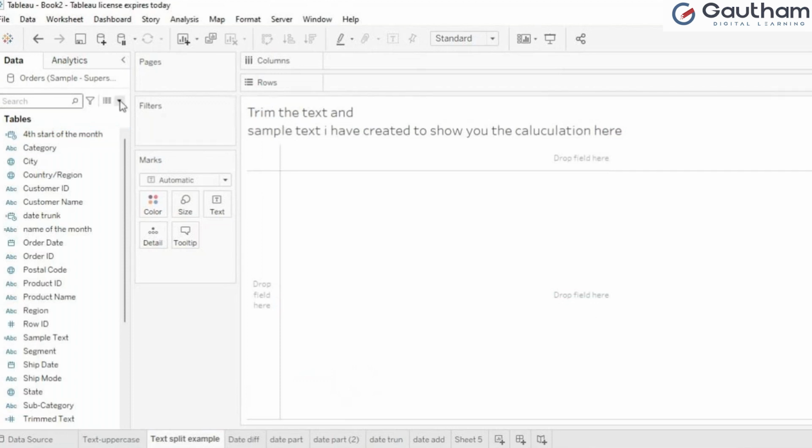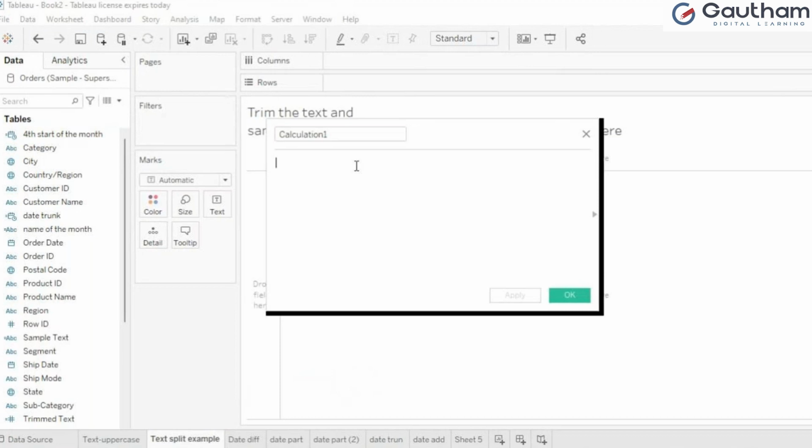Create field. I'll keep this as Sanjana sample 2. Nothing else I have done. In double quotes, I wrote Sanjana followed by spaces. How many spaces I gave, I don't know, because I am explaining this example so that you get the doubt. Close this and say apply and okay.